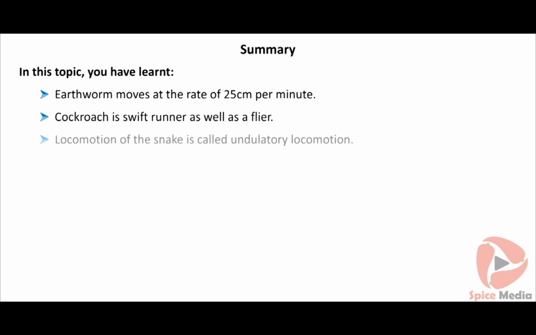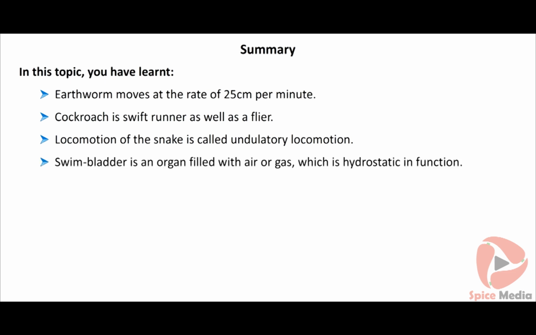Downstroke: feathers overlap so that no air can get through and the bird can push itself along the air. Upstroke: the feathers twist open, air passes through allowing the bird to lift its wings easily. In this topic you have learnt